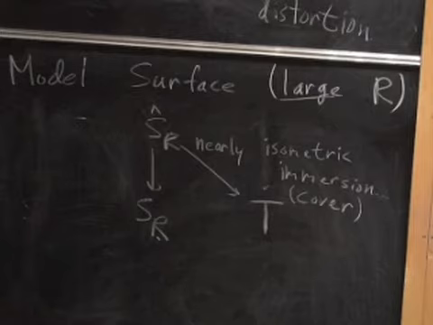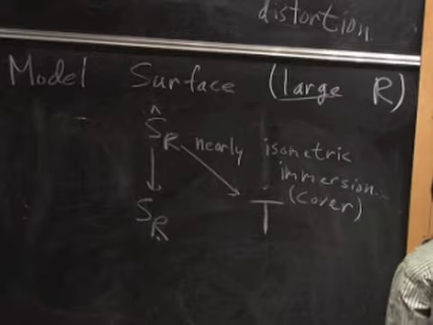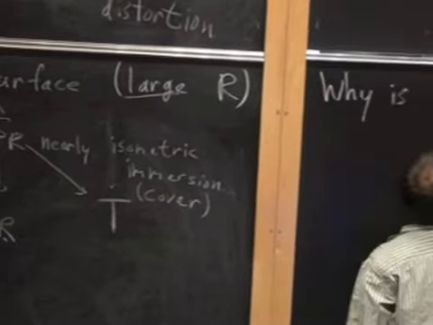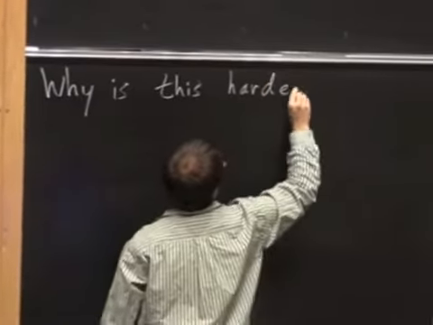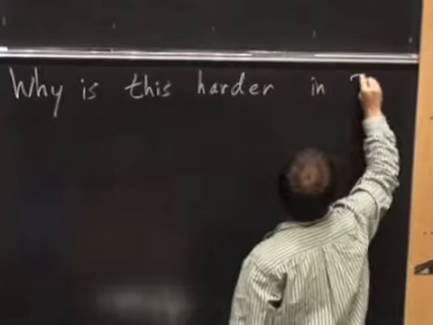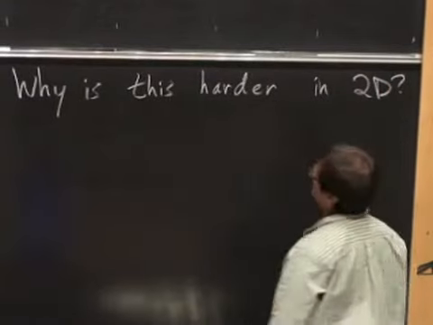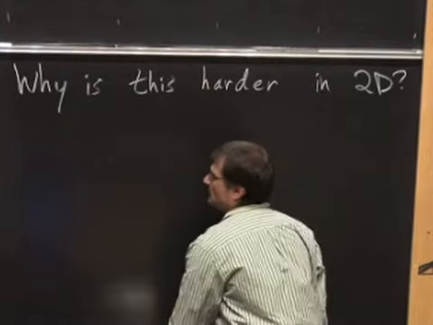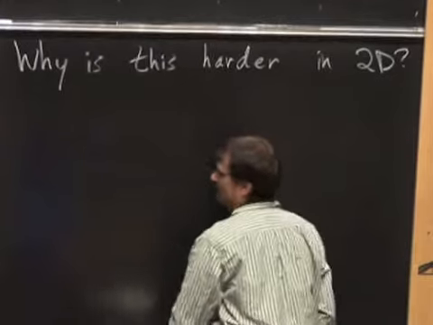And so the question is, why is this harder in 2 dimensions? Okay, why did we prove the surface subgroup theorem first and Ehrenpreis second? Well, Vlad pretty much talked about this. So the idea is that,